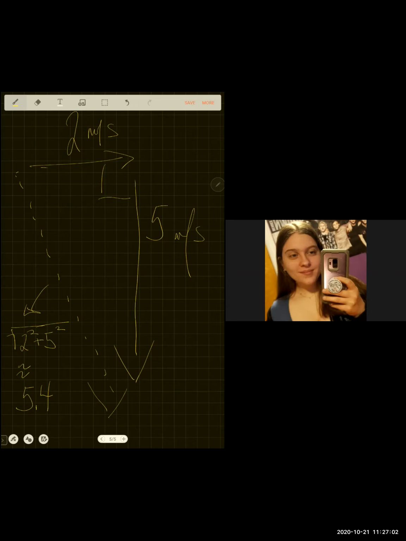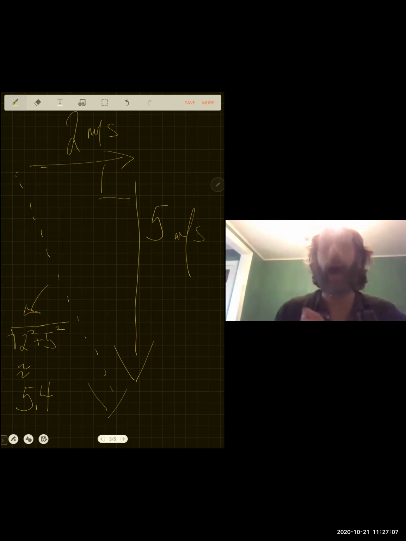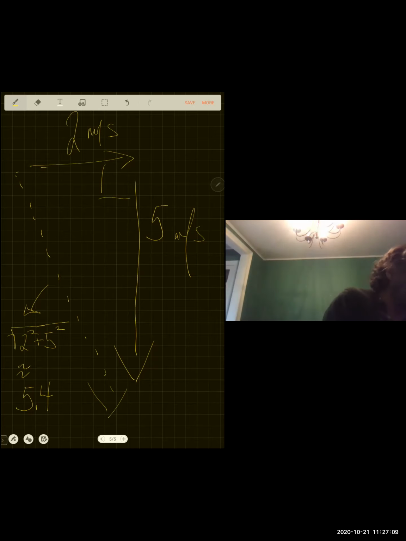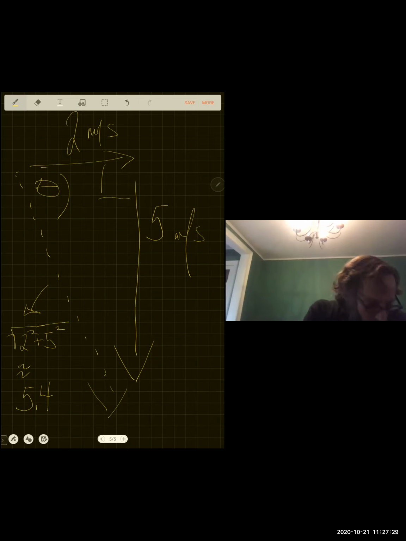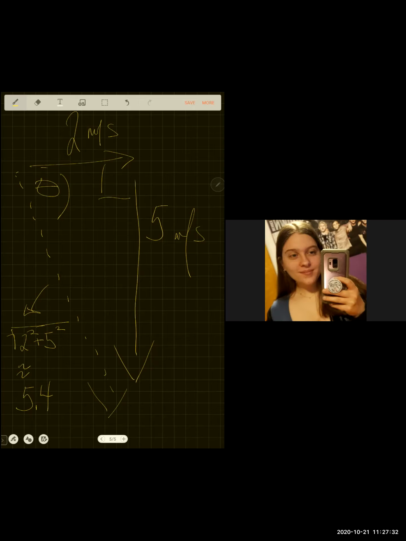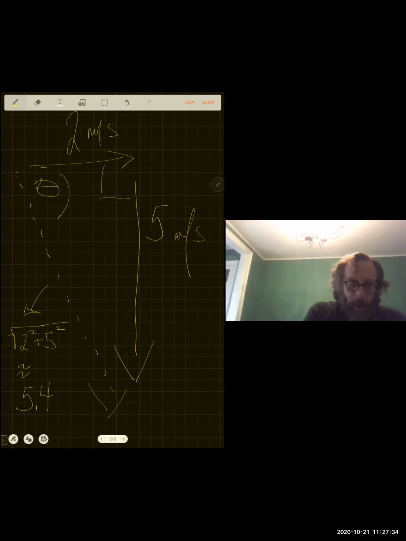I was looking for the angle that's created between the hypotenuse and the 2 meters per second. At first I tried cosine of the angle equals 2 over 5.4, which would be arc cos of 2 divided by 5.4. But then I also tried tangent as well, just to verify. And I ended up getting the same answers. The angle is about